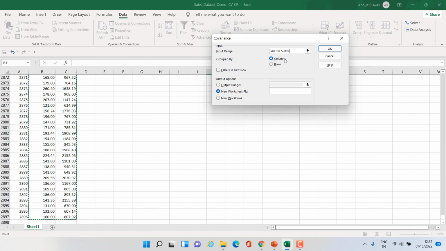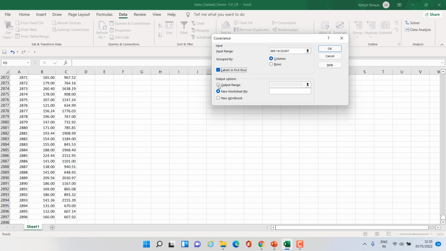Next, column should be ticked because my data is grouped by columns, and I'll also have to tick labels in the first row because the first row represents the column heading.